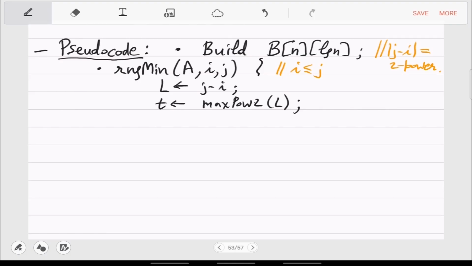So this gives you the 2 power which is sitting inside i comma j window. And k is log of this, that's the exponent.